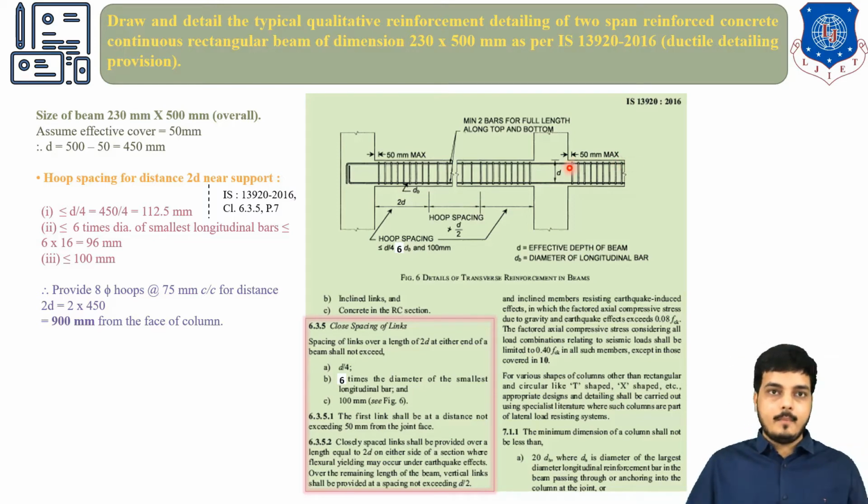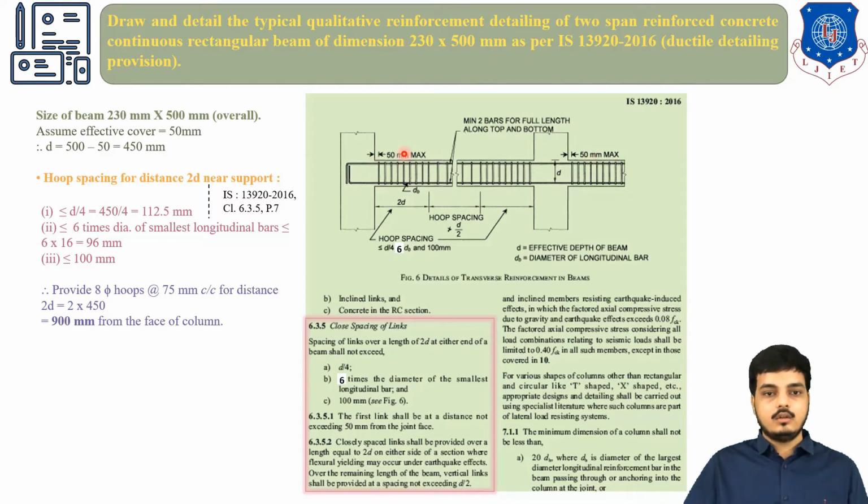So with the help of moment and forces, we can find out how much area of steel is required, and according to that we provide a certain number of bars to satisfy it. Particularly in this sum we are not going through this longitudinal reinforcement. We are just focusing on the ductile detailing part only. This longitudinal reinforcement comes after the design of the particular beam as per the design of structures subject, that is the singly reinforced and doubly reinforced beam theory. So right now we are not focusing on the longitudinal bars.